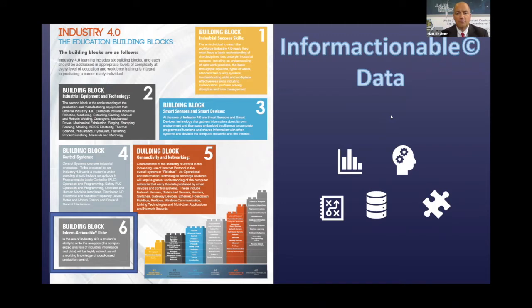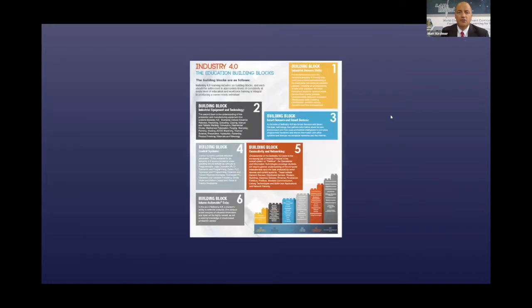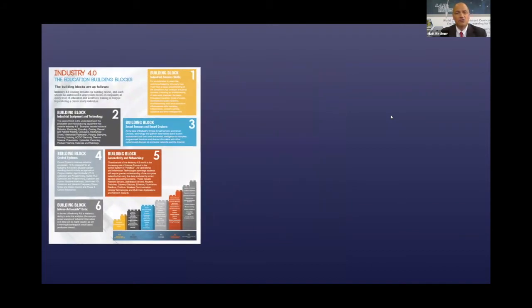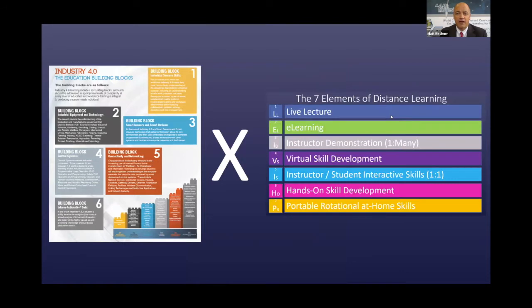Those aren't our building blocks. These are the building blocks that were shared with us by some of the most recognizable subject matter experts in technical education and in advanced manufacturing. So that's what those 6 building blocks look like. But again, we can't get to 42 with just those 6 building blocks. If the answer to the ultimate question is 42, we need to multiply that by the 7 elements of distance